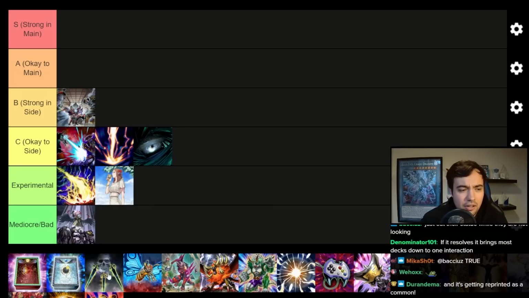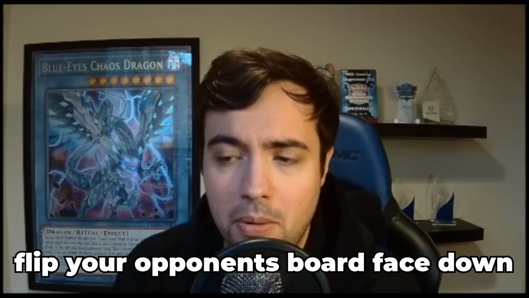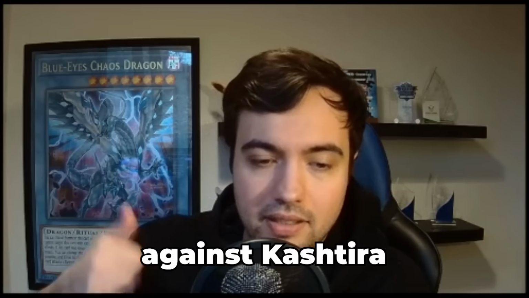Now, there's another category of cards that basically pops up completely fresh in this new format. I mean, I've played Concealing Light in my Sprite deck in Frankfurt, but it's not really been a big deal so far. Cards that flip your opponent's board face down. When this format was a thing in the OCG, Book of Eclipse, Book of Lunar Eclipse to an extent, and Swords of Concealing Light were relatively popular cards in that metagame. The reason for that is that all of these cards have one thing in common, and that is that they are good against Kashtira,